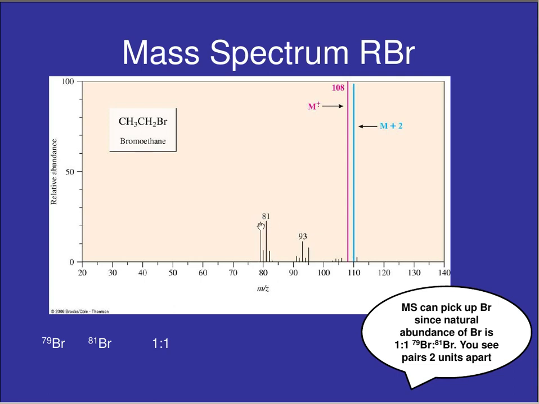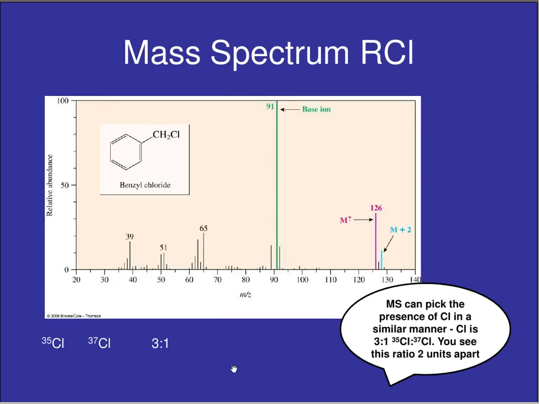That is fragmented right down to the bromine. But of course, what you also see is these pairs for your molecular ion as well. So please look for pairs of peaks 2 apart of equal intensity. It's quite likely that you've got bromine, because bromine occurs in a 1-to-1 ratio as seen. Right. With chlorine,